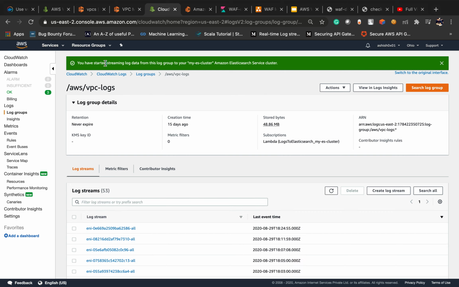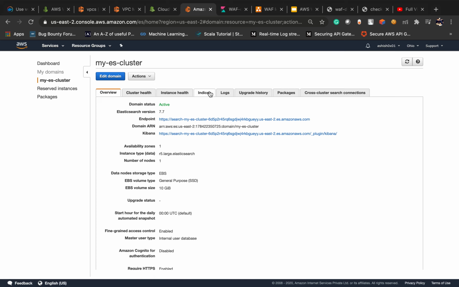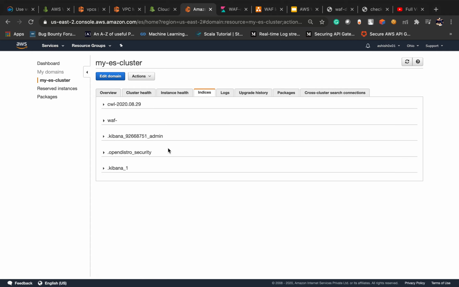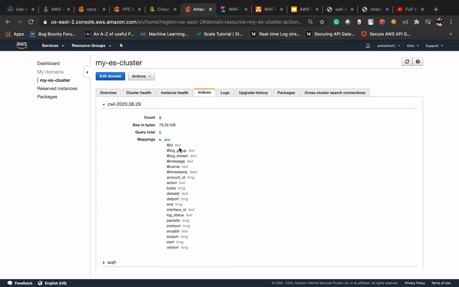You have started streaming logs. Now if you go to Elasticsearch and refresh this page, here you will get one index. This CWL stands for our logs, so it will be all our logs.